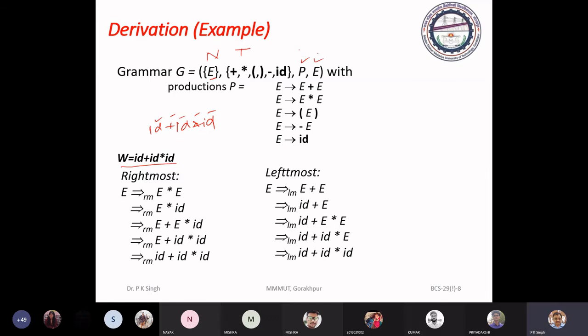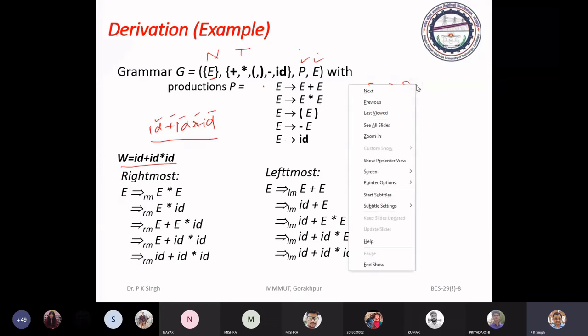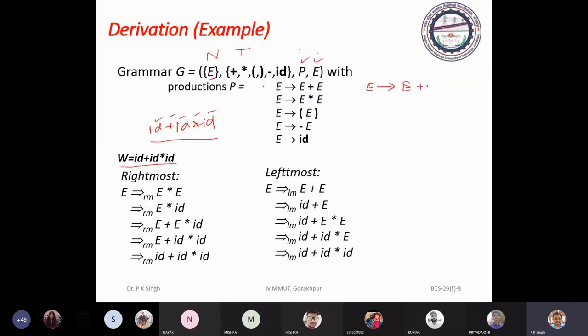Now, how can we generate this string using this grammar? You just see, we start from the start symbol. E is the start symbol. We have a single symbol. You can consider E to E plus E.